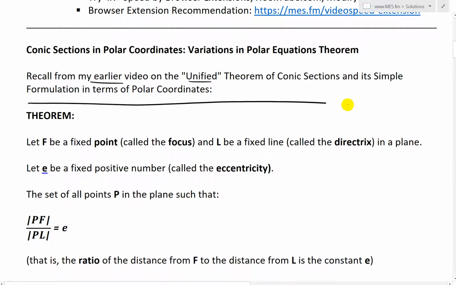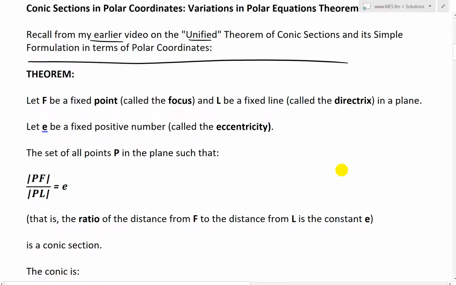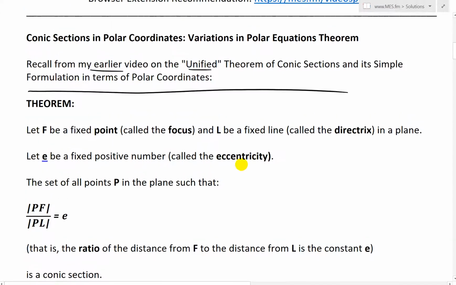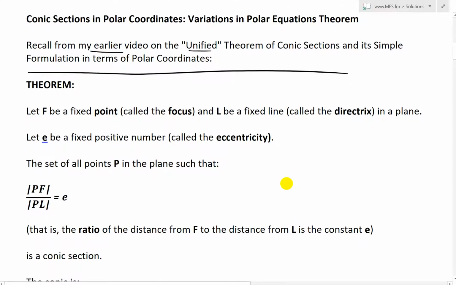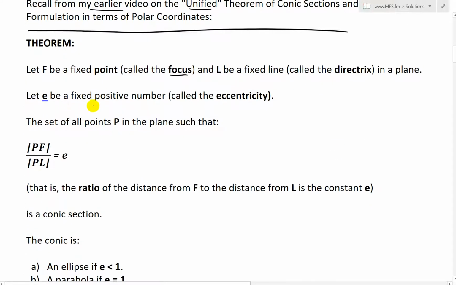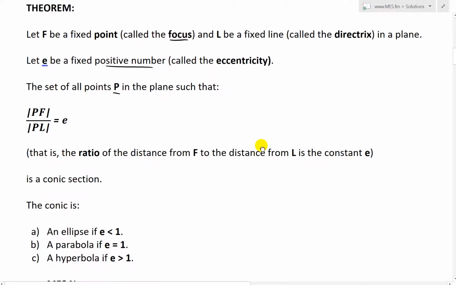So here is the theorem first off. Recall this one. I'm going to prove this one in a later video or videos, so stay tuned for that. But here I'm going to go over the polar equation form of the theorem and then go over it in a bit more detail. So, the theorem: let F be a fixed point called the focus and L be a fixed line called the directrix in a plane, and then let E be a fixed positive number called the eccentricity, and the set of all points P in the plane such that